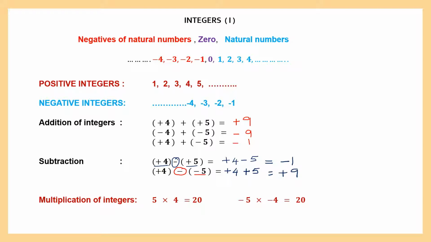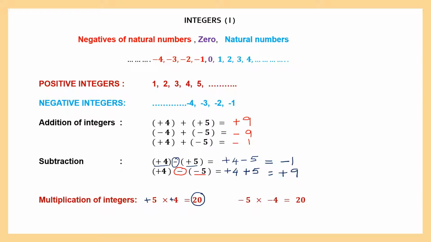This year you're studying multiplication of integers. Here you can see 5 fours are 20. Here I've written minus 5 into minus 4 is 20. Here what do you see? These are same signs. When signs are the same, the product, meaning the answer that you get when you multiply,